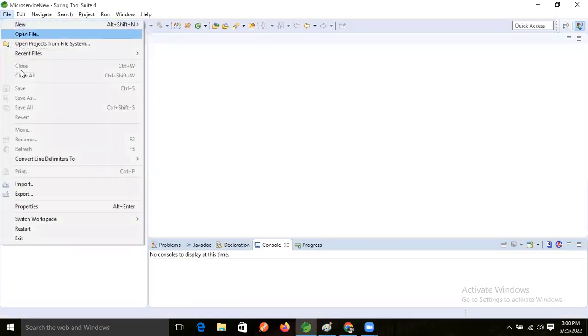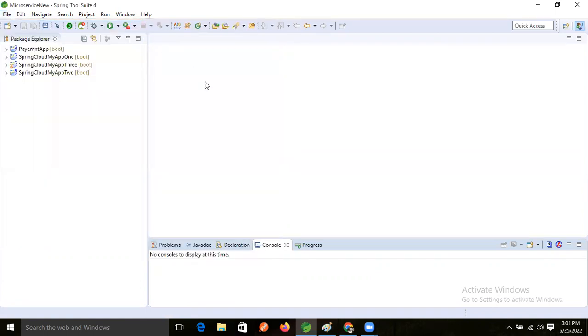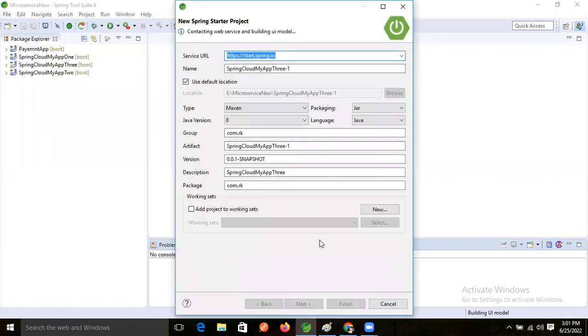Just now I'm doing File, New, taking one project just to show that class and object, guys. Nothing more than that. We are not doing the practical, I just want to show it. So here, what I'm taking now,